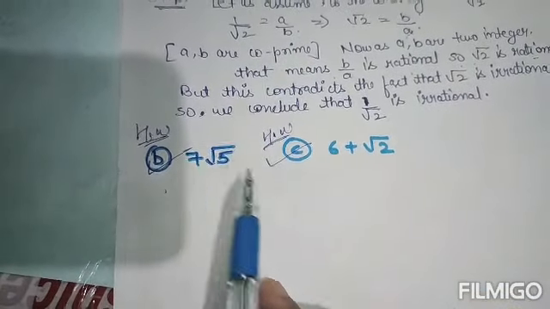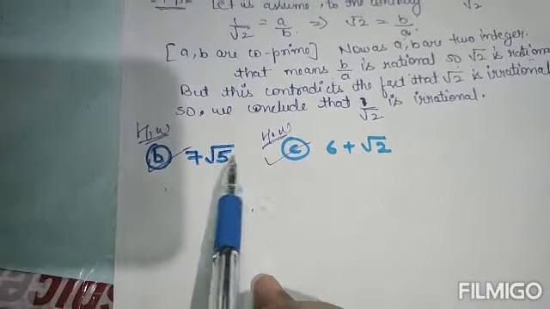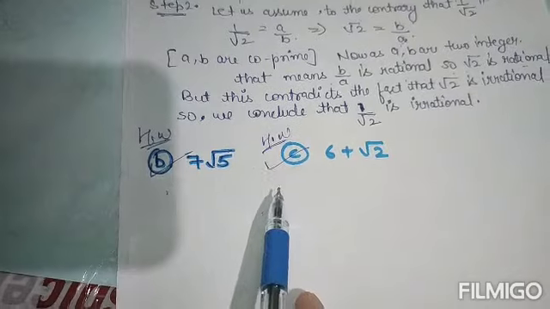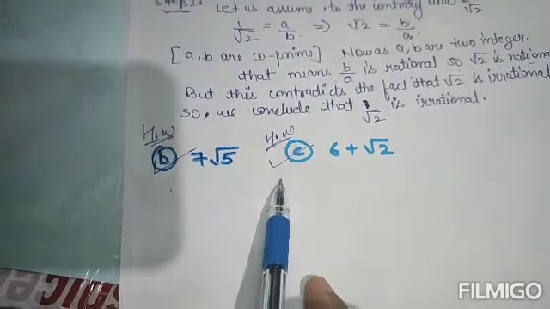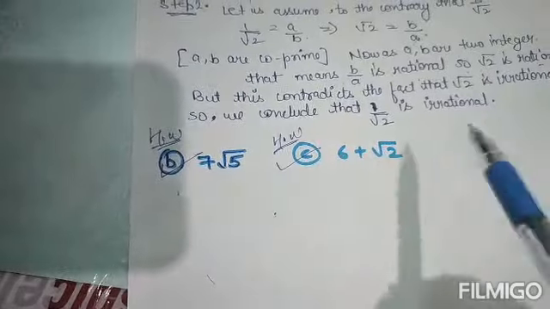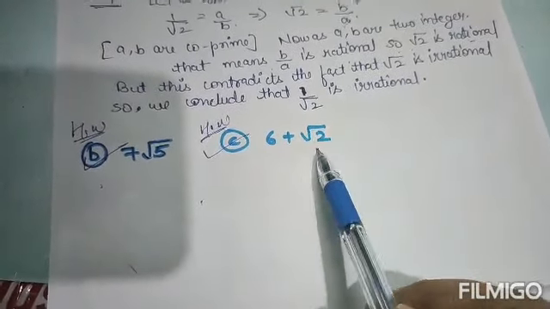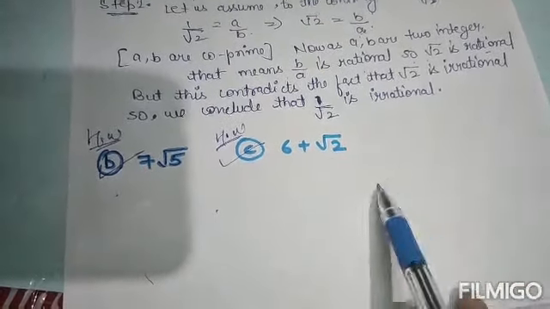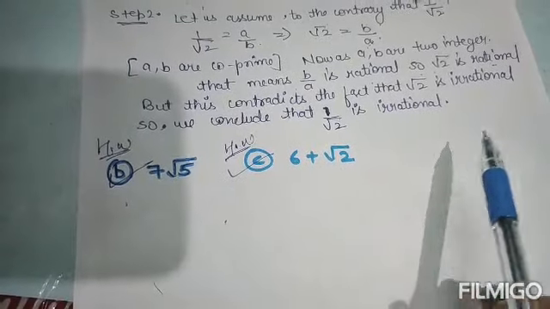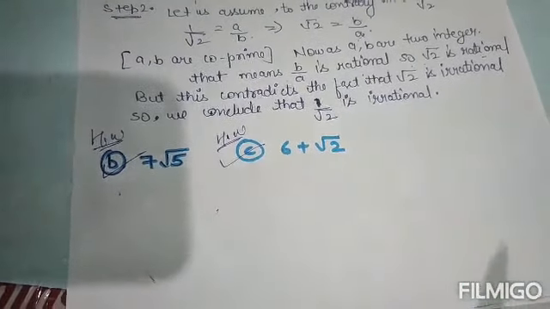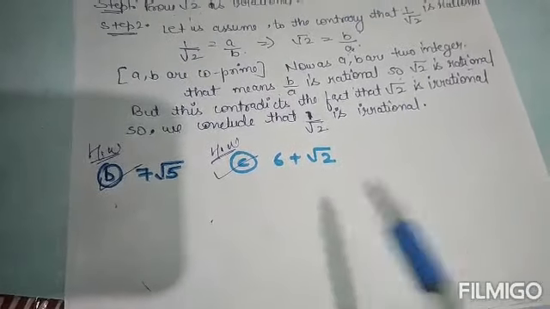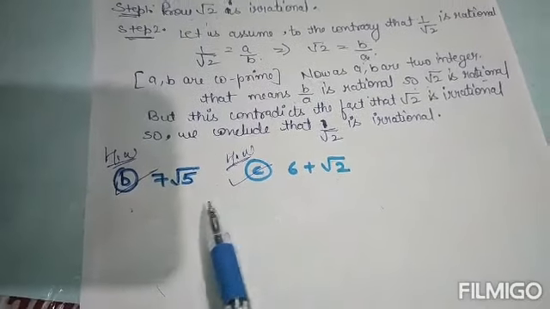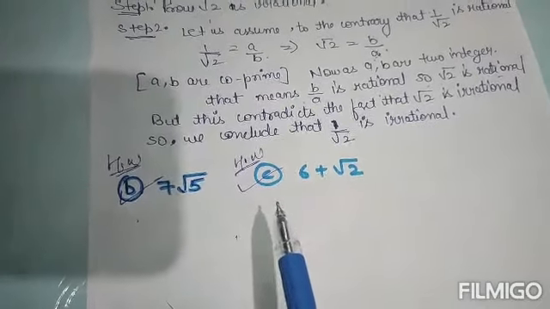Then this 7 will go in the denominator and root 5 will be equal to a by 7b. As a, 7 and b are integers, that means the whole will be rational, and this will contradict. Similarly goes for this. 6 will go there, then a by b minus 6 it will become. Take the LCM, so a minus 6b upon b, and now it can be done. So these two are your homework. Do it regularly, do it honestly, and maintain your copy.